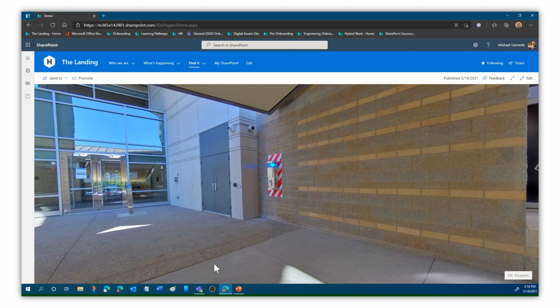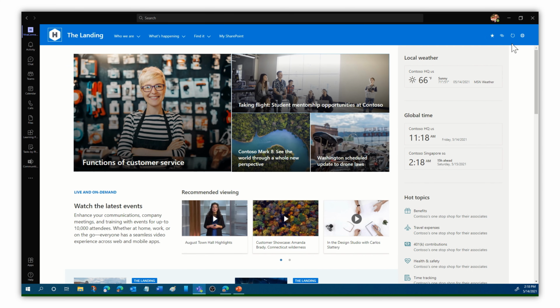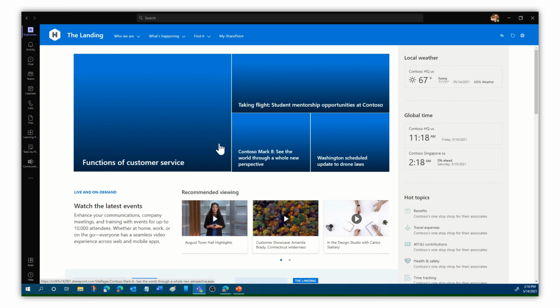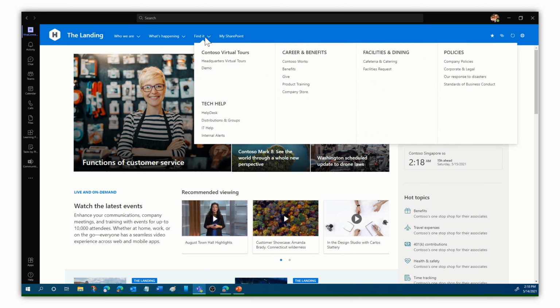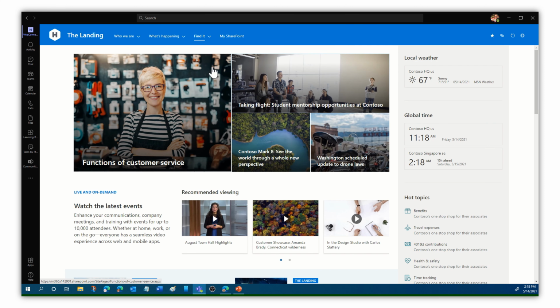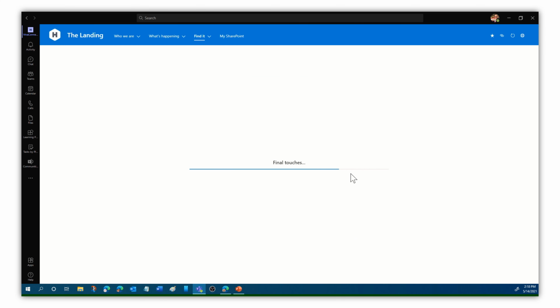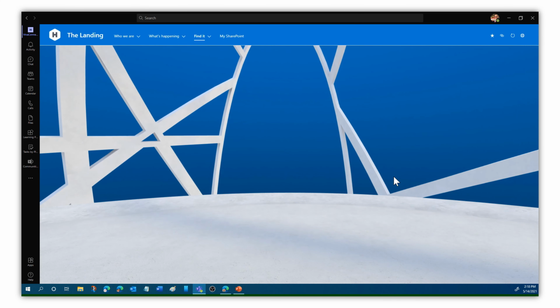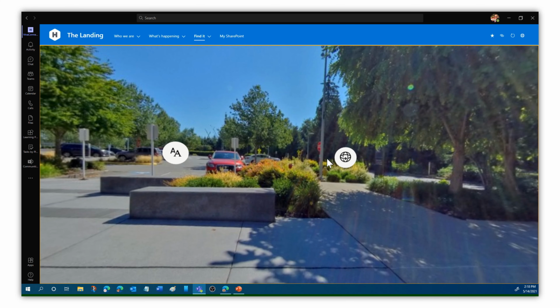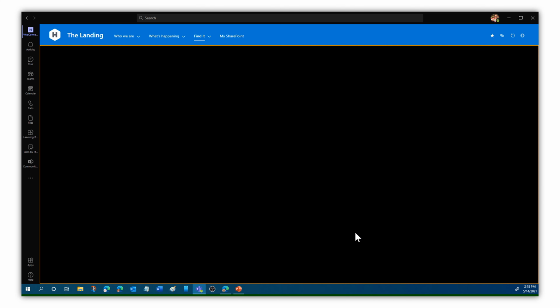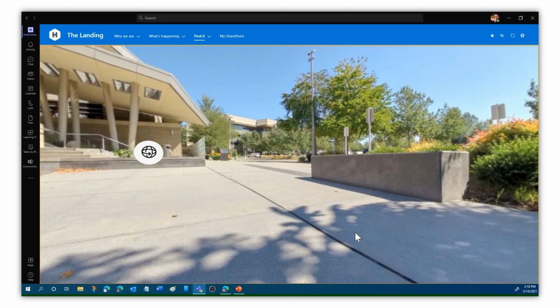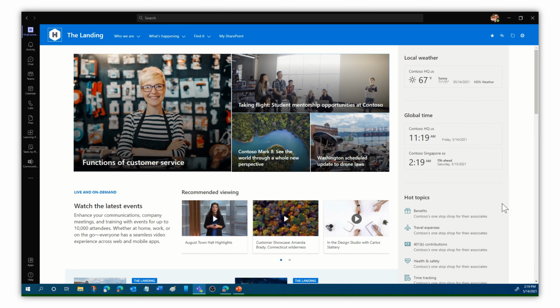And now we'll go ahead back to here. Let's just refresh our browser. So now if I come in, we not only have our headquarters virtual tour, we now have the new one, again, that we can interact with. It's going to open that up. There it is. Enter, and so on and so forth. That simple. SharePoint Spaces, Viva Connections, hand in a glove, just works together to provide a rich, immersive experience with